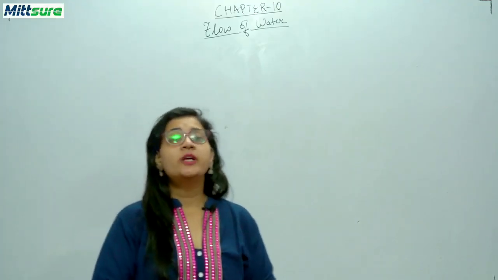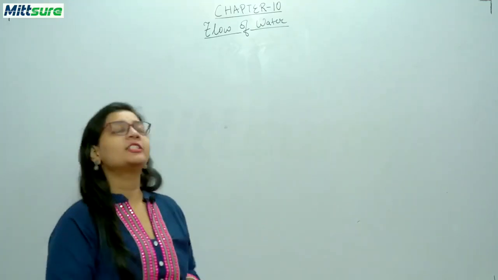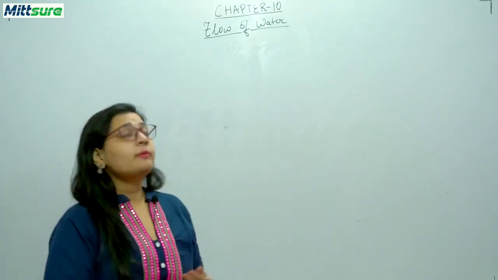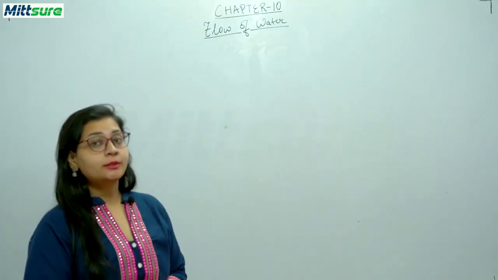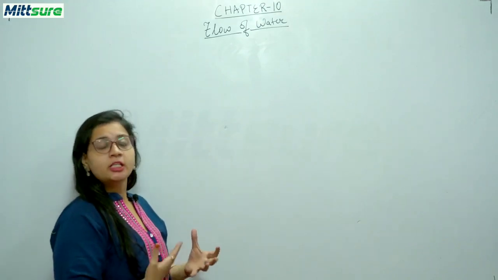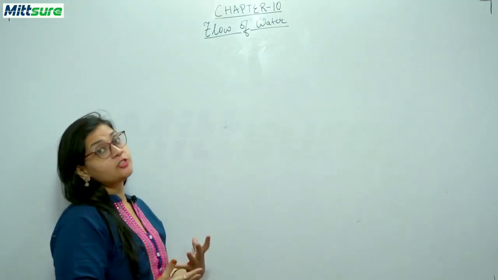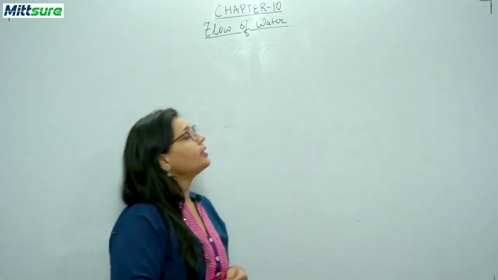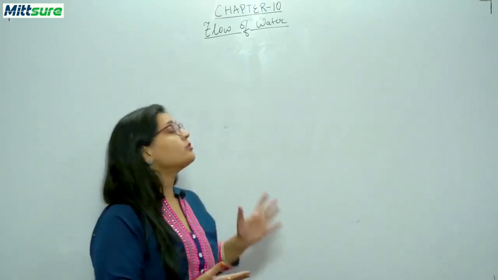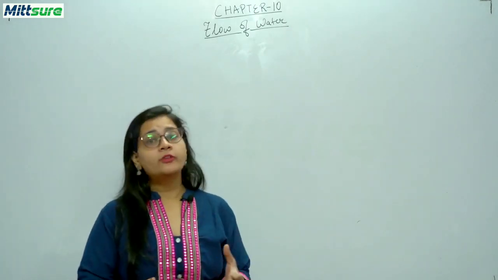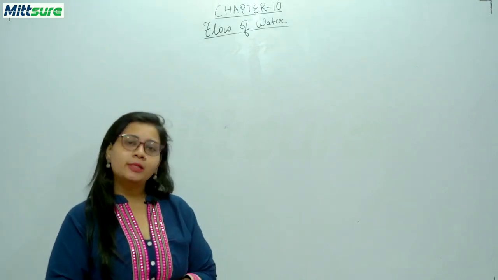Hello students, today we are going to start a new chapter, that is chapter 10. The name of the chapter is Flow of Water. This chapter is the second chapter of your unit 2, that is Precious Water. This chapter is included in the curriculum of your subject EVS, that is Environmental Studies